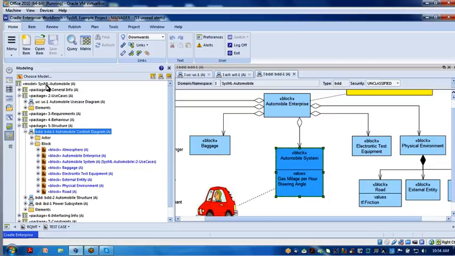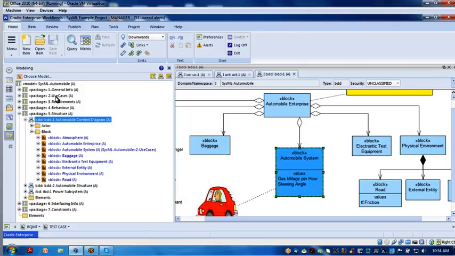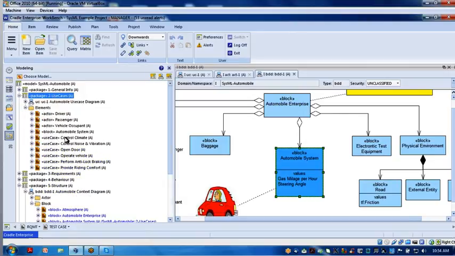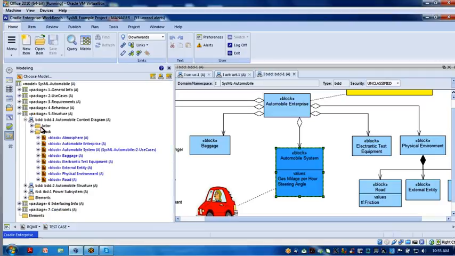That's up here at the top. And then package 2-use cases. So this guy right here. So remember, we created our use case. There's our block. So automobile system is owned by this package because that's where we created it. But then we're using it down here in the structure package, so it's showing up with the fully qualified name of the owner package. Now, if I expand that,